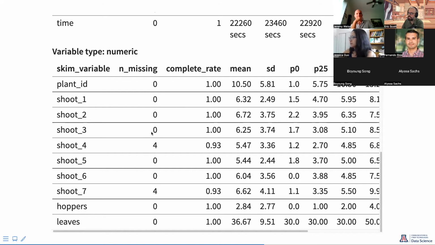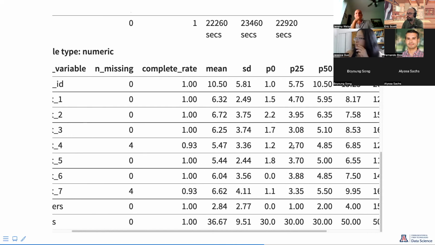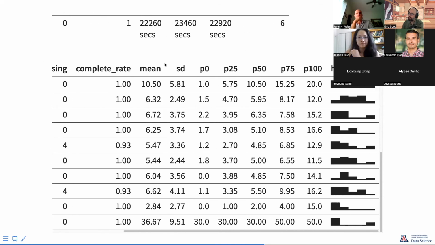Tells us if there's any missing. So there's 4 missing observations for shoot 4, 4 missing observations for shoot 7. Maybe those are mistakes. Maybe those are actually missing observations because that shoot died or broke off or something in the field, so I stopped measuring it. We could go back and check our raw data, and it gives us some summary statistics, and it also gives